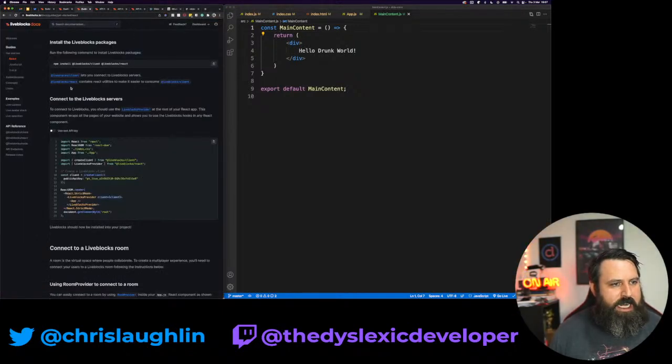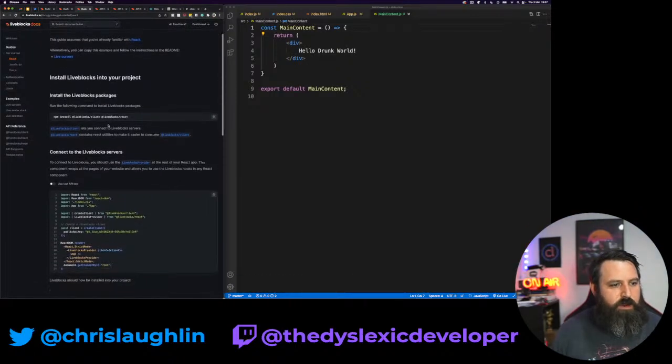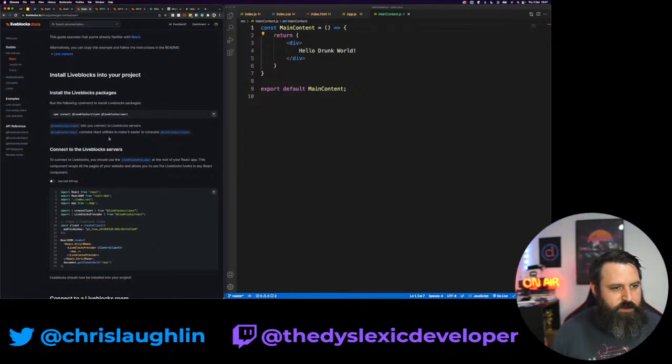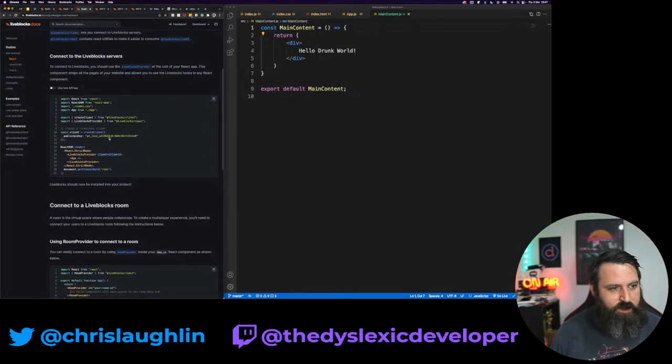So we're going to kick off with this getting started guide just so we can get an idea of what the API is, what we need to get up and running. Thankfully, they have a React tutorial, which we'll be following. I've already pre-installed the dependencies because nobody wants to watch me watch an npm install that could take God knows how long. The first thing we need to do, which I kind of like, is they have a provider that can wrap the entire application.